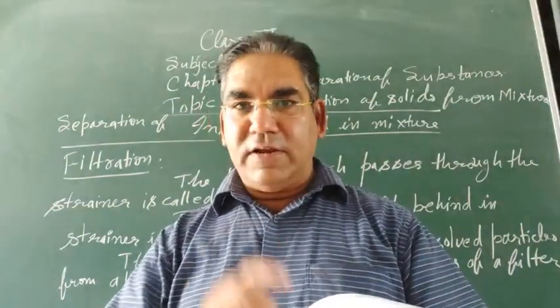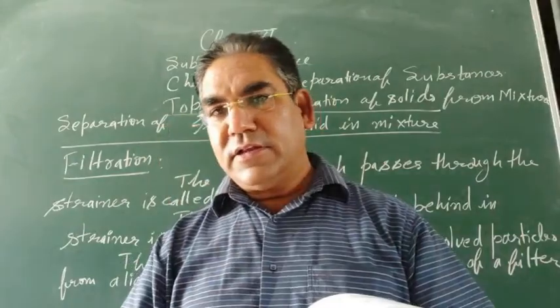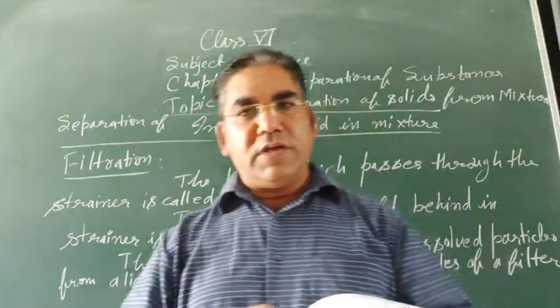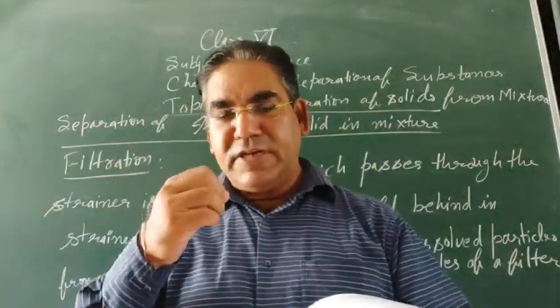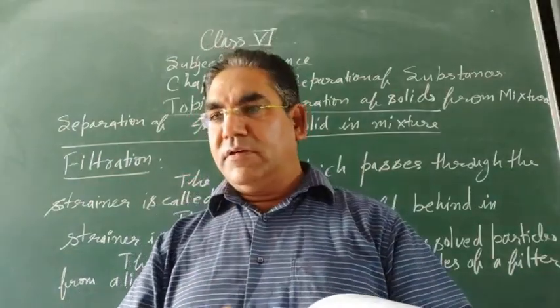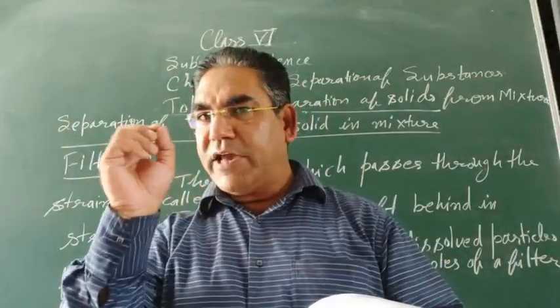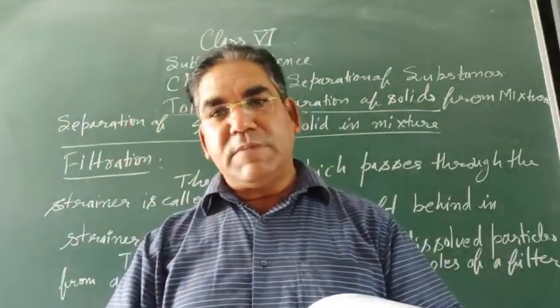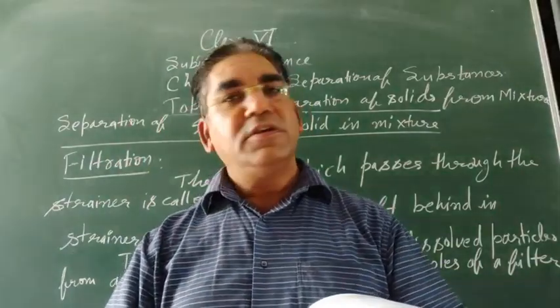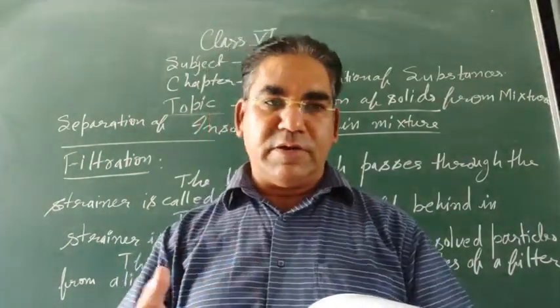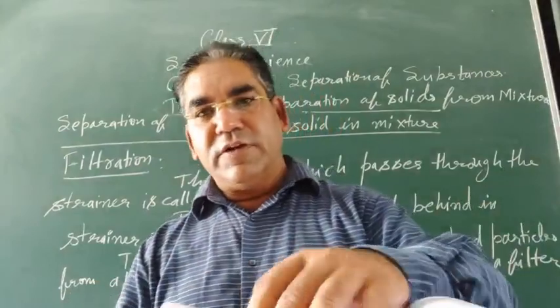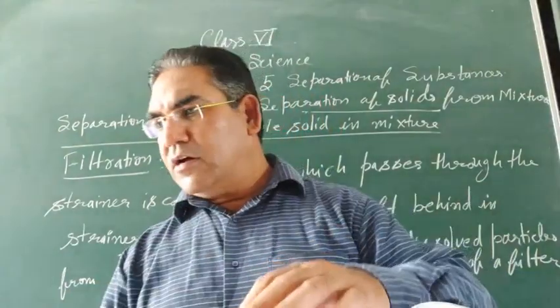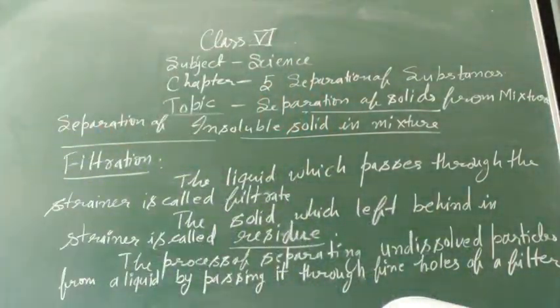This is the funnel like this one, and in this funnel we put a special kind of paper. This paper has a number of minute pores, which is known as filter paper. We will take this filter paper like this one,